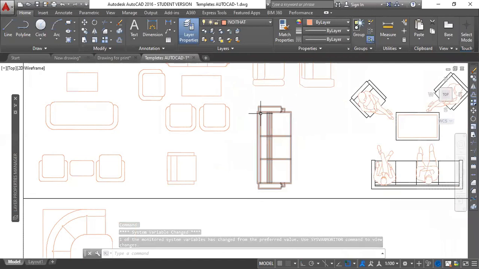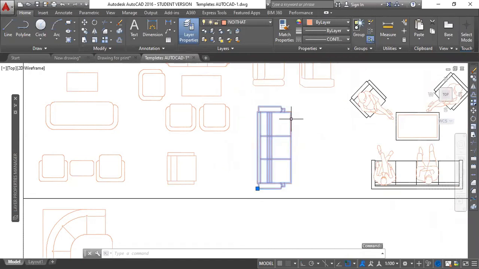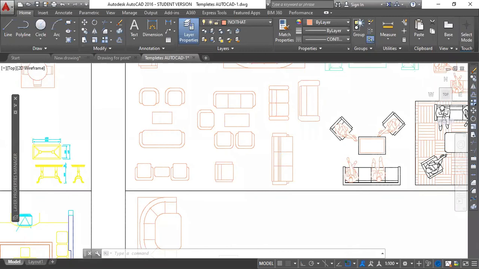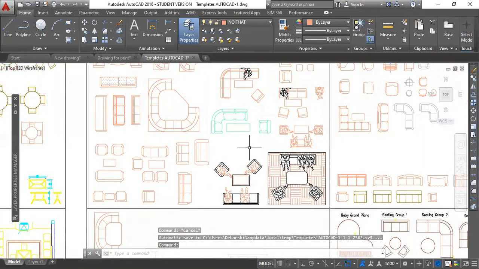So you need to understand that a standard length of a 3-seated sofa should be somewhere around 6 feet or maybe 5 feet or 7 feet. You can take the help of Google, but at least have some common sense that 3 people will sit here, so how much space it may require. You can start your thinking from scratch. So that is how you can proceed.